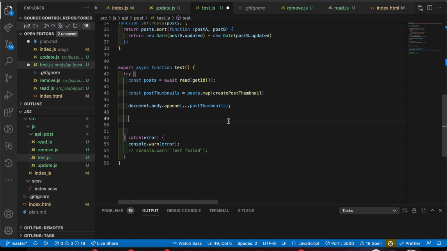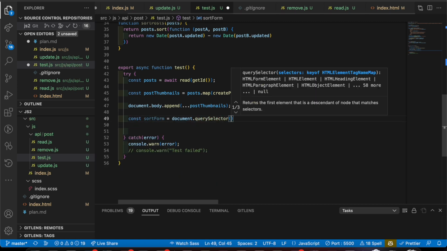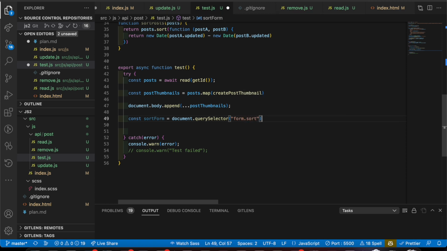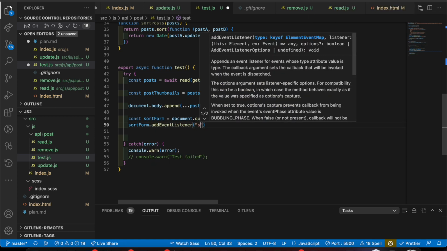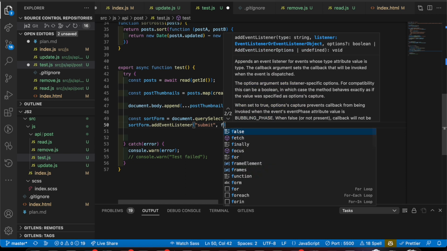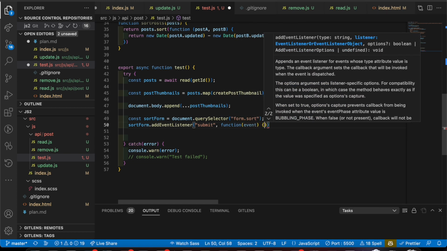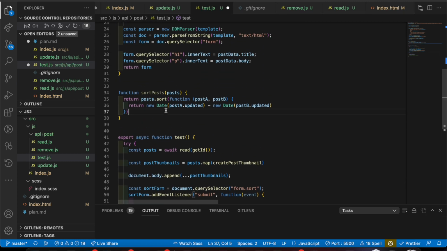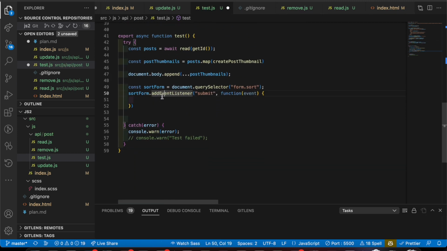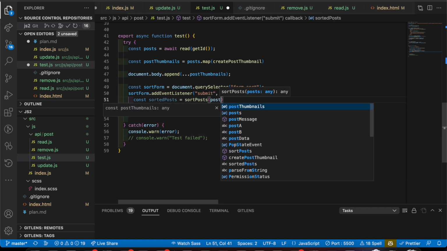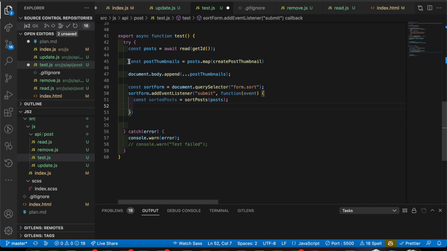So I'm going to say sortForm equals document.querySelector form.sort, and I'm going to add an event listener, and we have an event function, and in here we just want sortedPosts equals sortPosts, and then